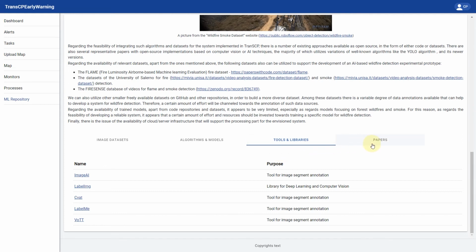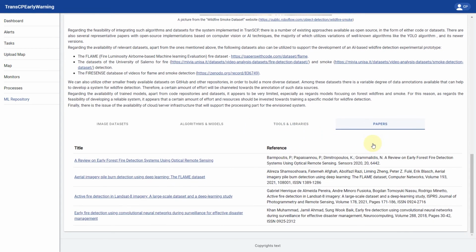The Papers tab provides a list with published scientific papers that contain information on machine learning implementations in fire detection. This limited literature review focuses on different use cases that include data from static ground-based cameras, aerial images from drones and UAVs, and satellite imagery. Each paper highlights the different approach followed based on the type of data available to achieve a successful prediction model.